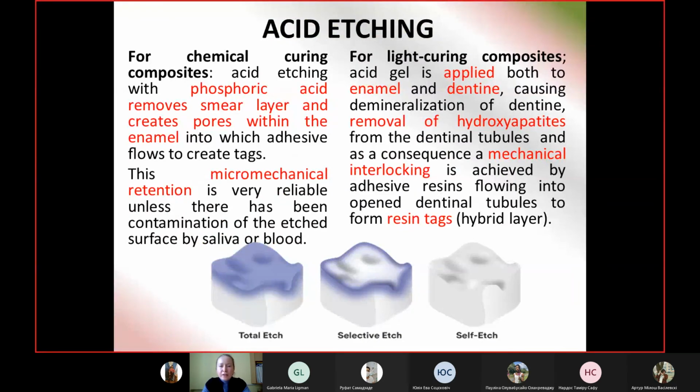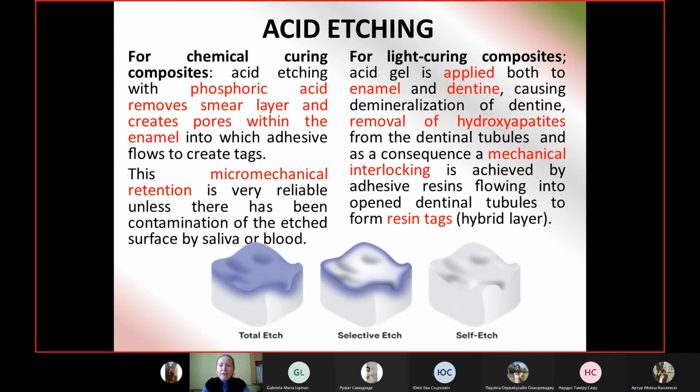Acid etching technique. For chemical curing composites, acid etching with phosphoric acid removes smear layer and creates pores with the enamel into which adhesive flows to create tags. And actually this micromechanical retention is very reliable unless there has been contamination of the etched surface by saliva or